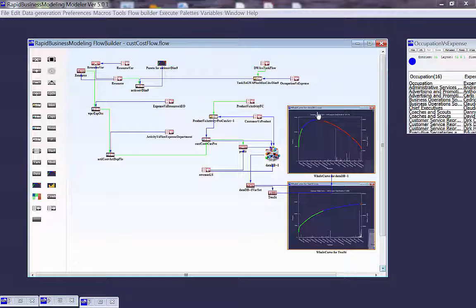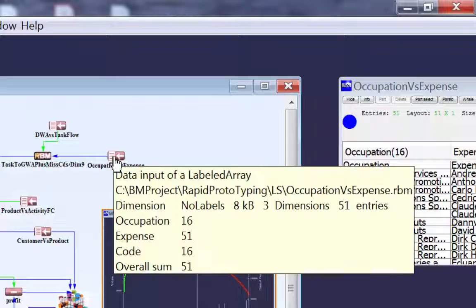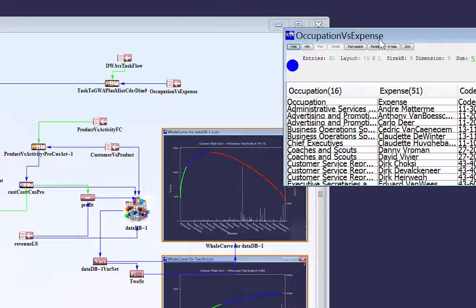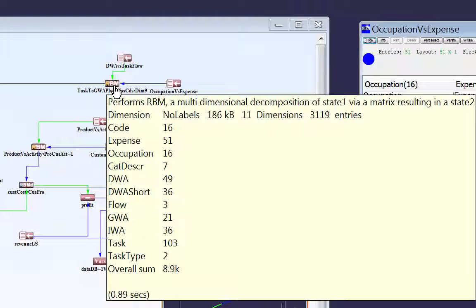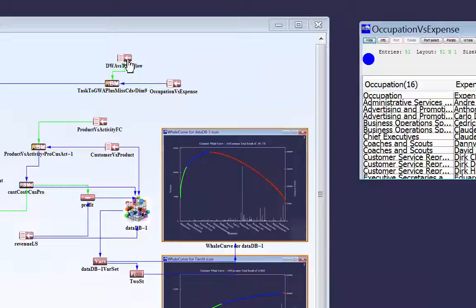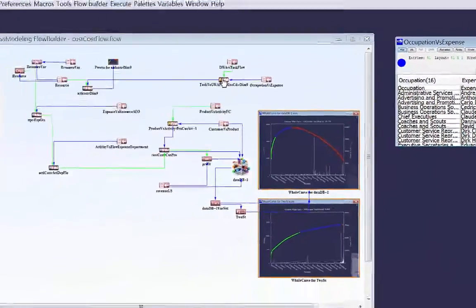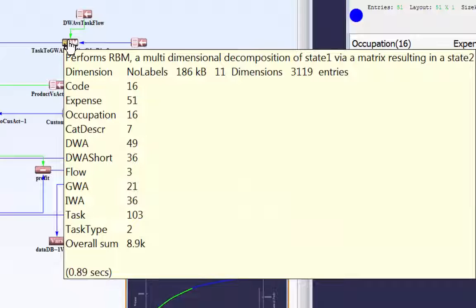In this video I would like to show you the making of a business model for a small entity in the marketing arena. So we have pre-selected occupations versus expense, 16 occupations going along with those codes and 51 names, artificially made. This is the file here, and when taking this file and using the ARBM operator, which is the decomposition operator, and taking this together with the detailed work activity database with almost 90,000 entries, we cut right into the database and we get exactly this: 51 expense, 16 occupation and all the rest.